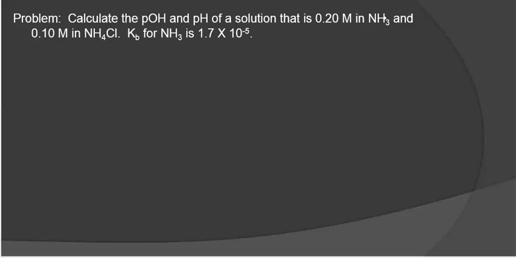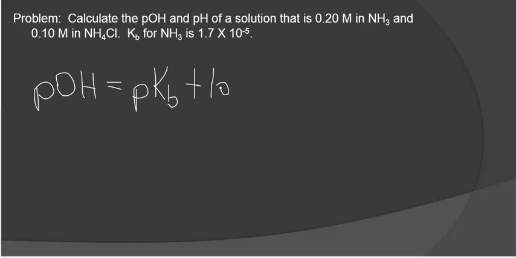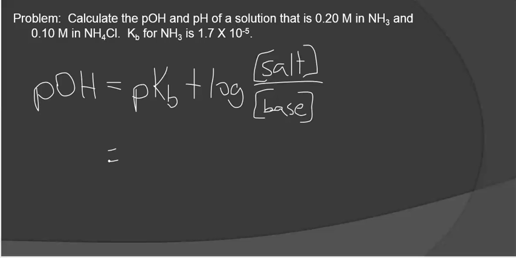So in this problem here, calculate the pH and the pOH of a solution that's got a weak base, NH3, and the salt of the weak base, NH4Cl. So since we have a weak base and the salt of the weak base, I will use this form of the Henderson-Hasselbalch equation. And this will allow me to find the pOH. So the pOH is equal to pKb, which is negative log of the Kb, which is 1.7 times 10 to the negative 5,